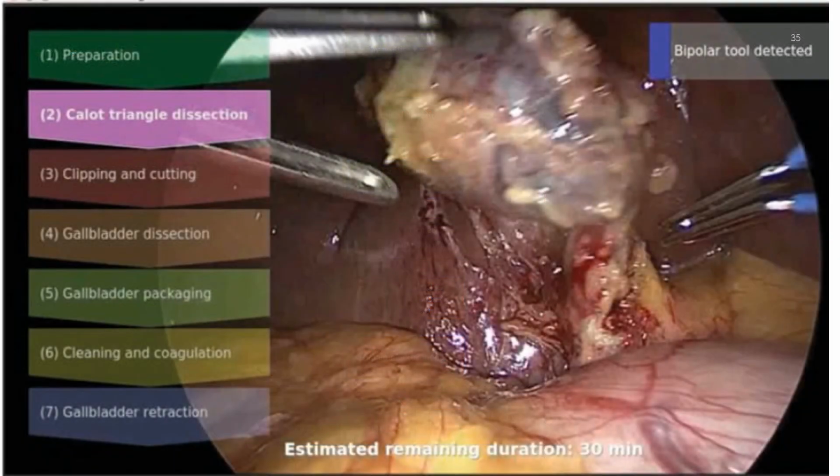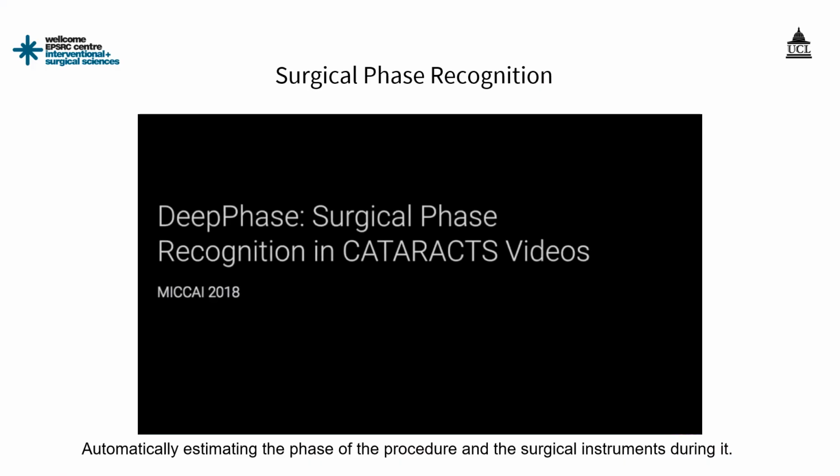So this is a gallbladder operation, cholecystectomy being done. And in this particular screen on the left, we can see the phase of the operation that we're in. And on the right, it's telling us what tool has been detected. So this is called phase and tool segmentation. And it is important that the algorithm is able to detect which phase of the operation we're in. So we need to first divide the operation up into a series of steps, but also which instruments are being shown to us. Here's